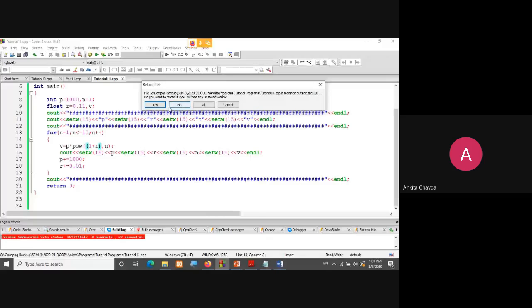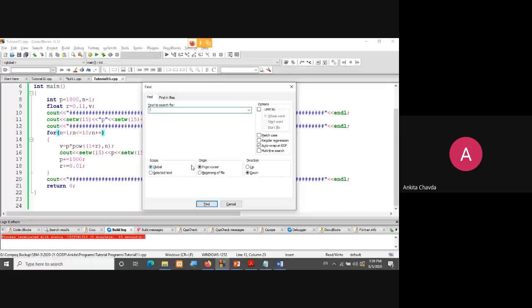The file is modified outside of the IDE, so reload. Okay.